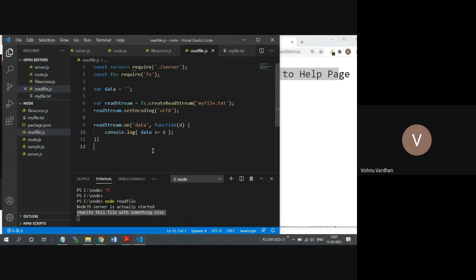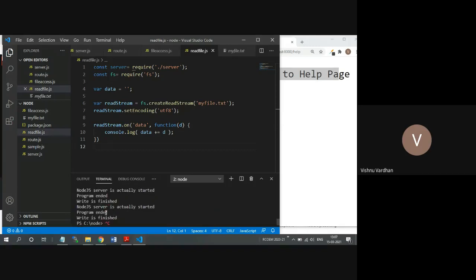So after this, we can have one more implementation, that is blocking and non-blocking features of Node.js. We have already seen this somewhat in the earlier example.